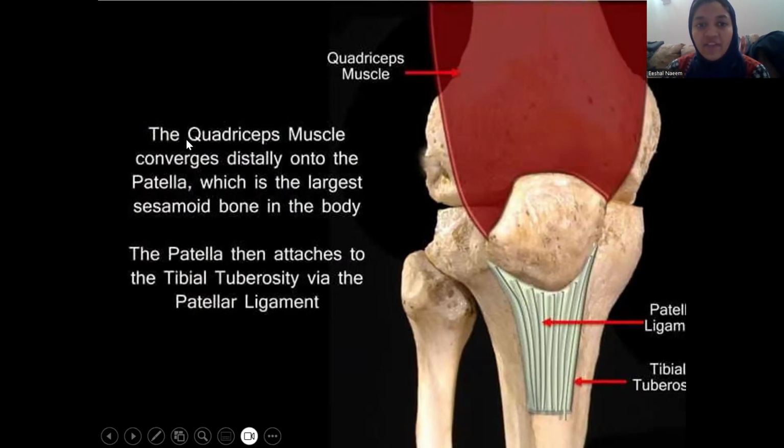Which ligament is this? So we have the quadriceps muscle. The quadriceps muscle is actually four complete muscles of the anterior part of the thigh. These quadriceps muscles converge distally onto the patella. So there are four muscles that all of them converge onto the patella, which is the largest sesamoid bone in the body. Now, when they converge onto the patella, it itself attaches to this tibial tuberosity. So this tibial tuberosity is the identification or the marker on which the patella is attaching. And what's the patella bringing? The patella is bringing the convergence of the four muscles of the anterior thigh, right?